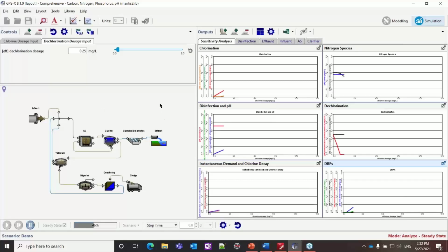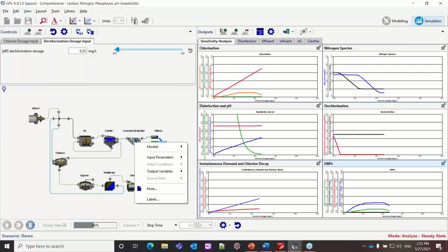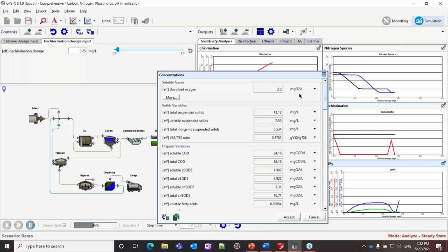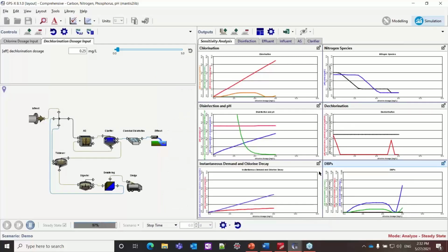Another thing to mention is that this chemical disinfection unit is receiving secondary effluent. So there is a bit of ammonia, there is a bit of nitrite in there, and obviously some soluble organic carbon. And yeah, these graphs that I have here, I've made by going into the menu and clicking on output variables, and then we get all these different things that come up, and I can drag these over here and make all these graphs. So that's just a nice feature of GPSX. I'm just going to go through them very quickly and explain what we're seeing in each graph in a very brief manner.